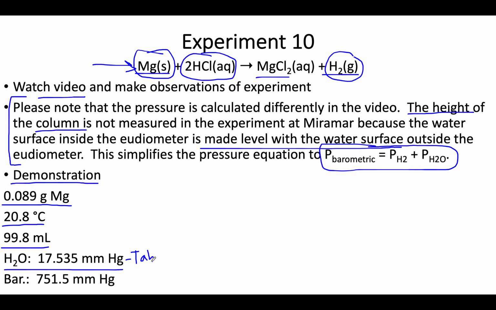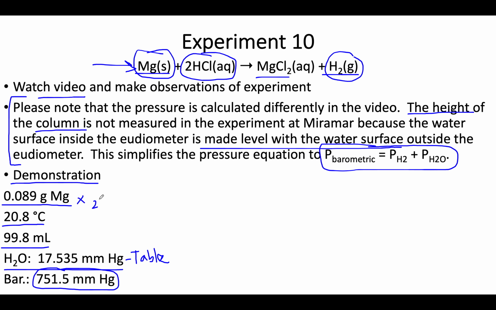and it tells you that on this table, the vapor pressure of water varies with temperature. So you look up 20.8 degrees Celsius, it's 17.535 millimeters of mercury. I checked the barometric pressure, excuse me, on the wall, and when I did this last year, this is what the barometric pressure was. So these are the 5 measurements. Okay, so you can imagine if you got grams, this is chemistry, you've been doing this for a while, right away you want to go